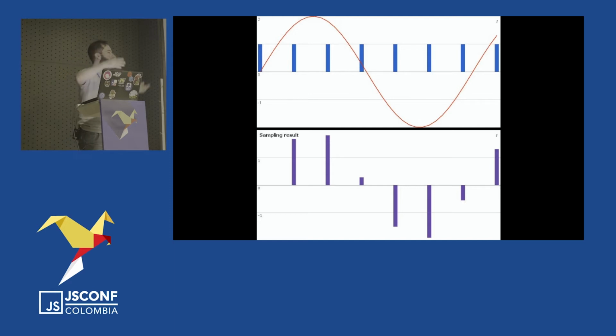And when you try to store it, for example on a computer, it has infinite values. And computers don't do okay with infinite. So if I have some signal that is the blue one, with very short impulses, and I multiply it by the red, I have this purple. And this purple is discrete, and I can store it.